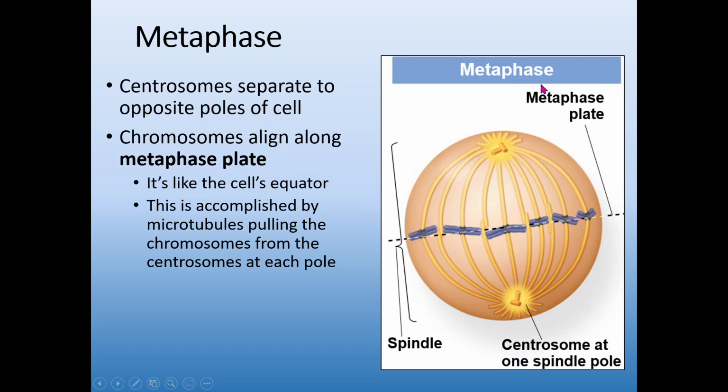Metaphase comes next. Those centrosomes fully separate and migrate to each end of the cell. So this is why I talk about them as being the poles of the cell. You're going to get one on each end. They stretch out those mitotic spindles, and they're going to grab onto that centromere, that center point of those sister chromatids. That's kind of the hardened point of the chromatids. And they're going to pull just enough that all of the chromosomes, all of these sister chromatids, are going to be lined up down what is essentially the equator of the cell. So they line up down the middle.